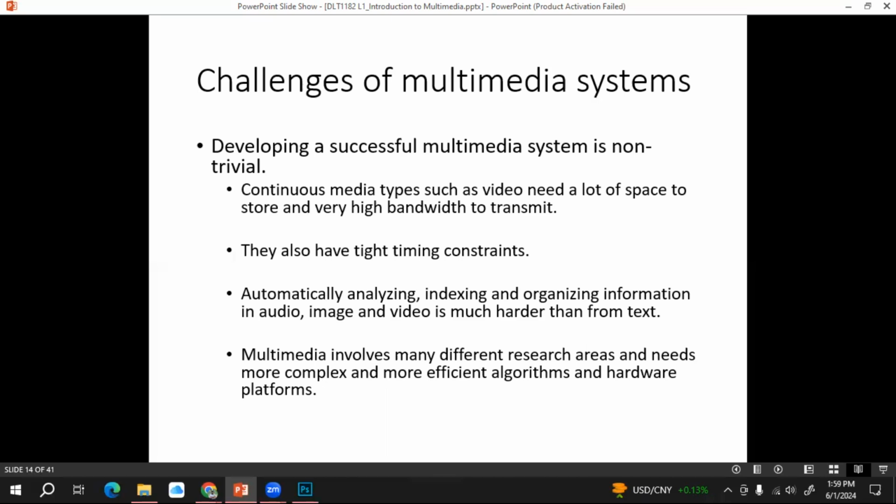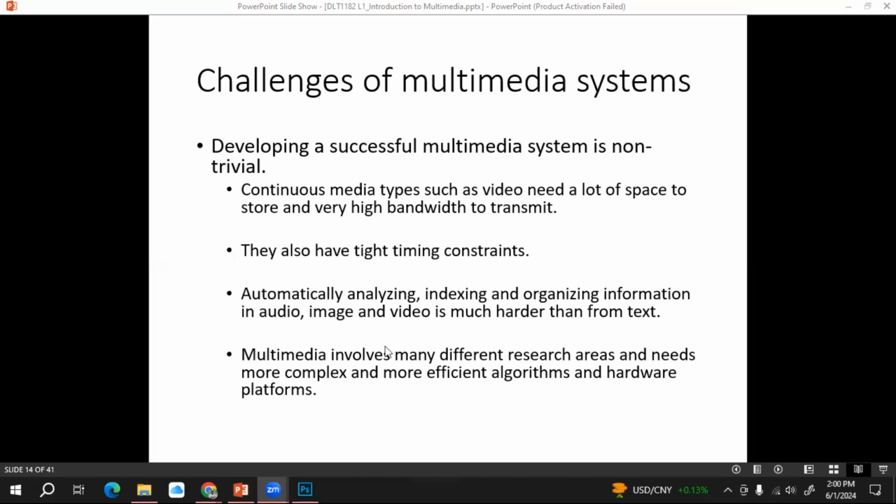Then it is a very challenging task. They also have tight timing constraints. Okay, I will explain what bandwidth means later on, after this discussion.